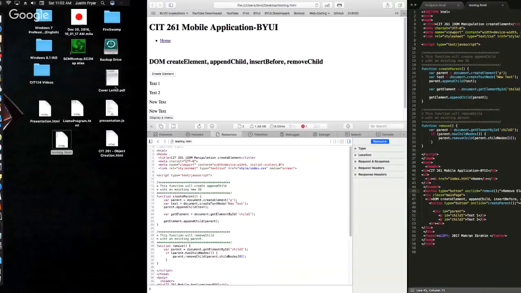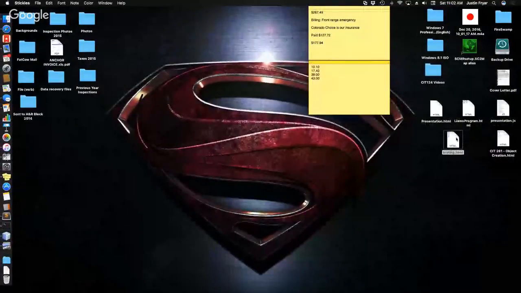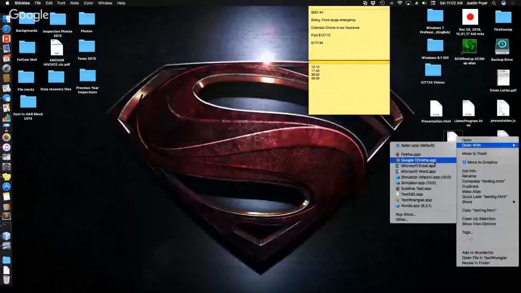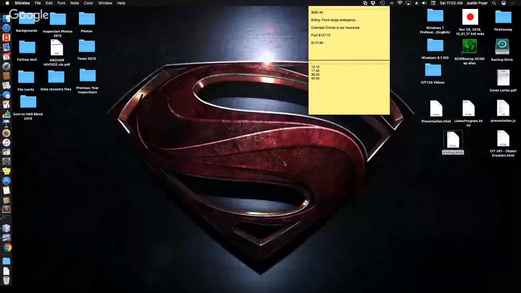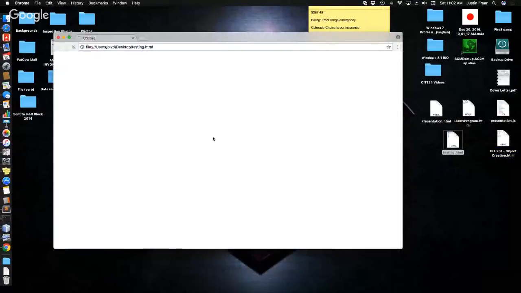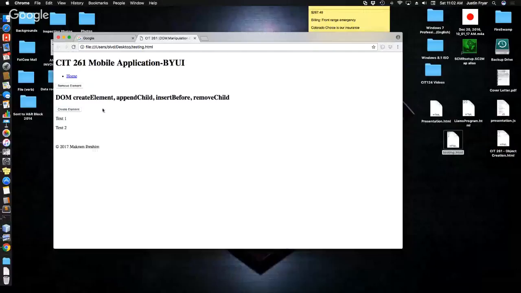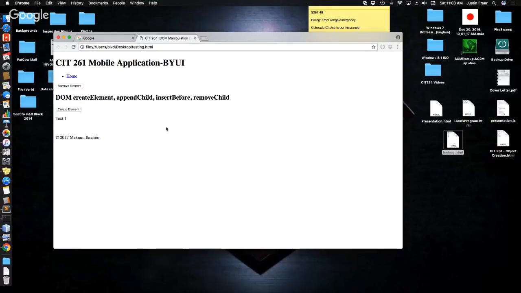Open. It just. Oh, it's removing one at a time. That's interesting. Whereas on Safari, it removes all of them, everything, all at the same time.